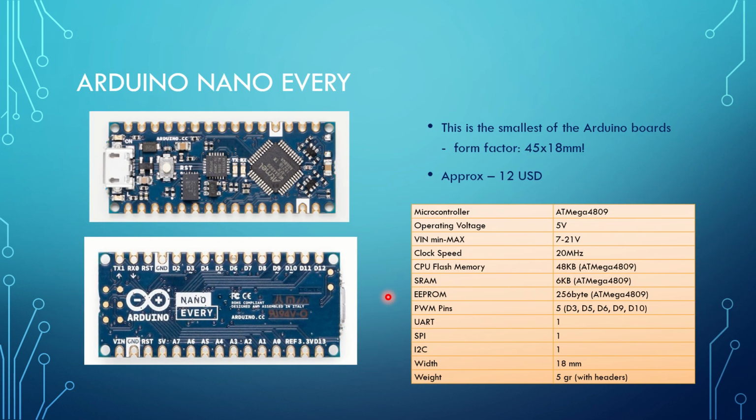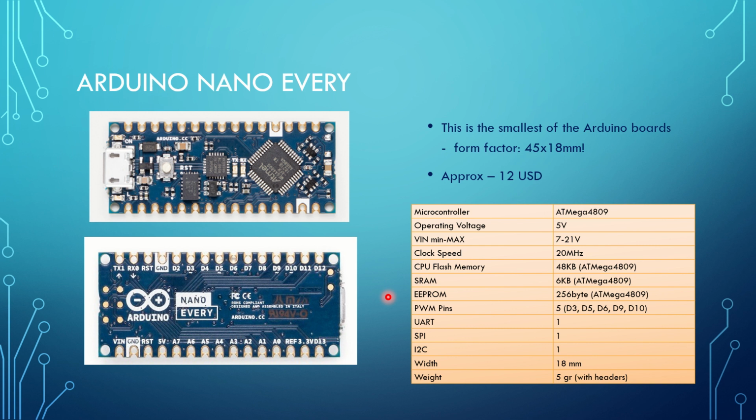And the final one is Arduino Nano Every. What is it? This is the smallest. We have seen the Arduino Nano board earlier, right? It is much smaller than that version, and this is just 5 grams. Just 5 grams is the weight of this board, and would you believe this has a form factor of 45 by 18 mm, and this is costing you somewhere close to 12 USD, and in India it will be